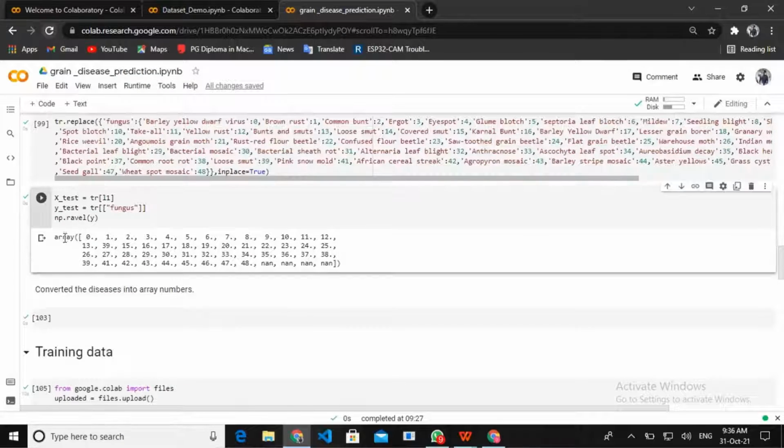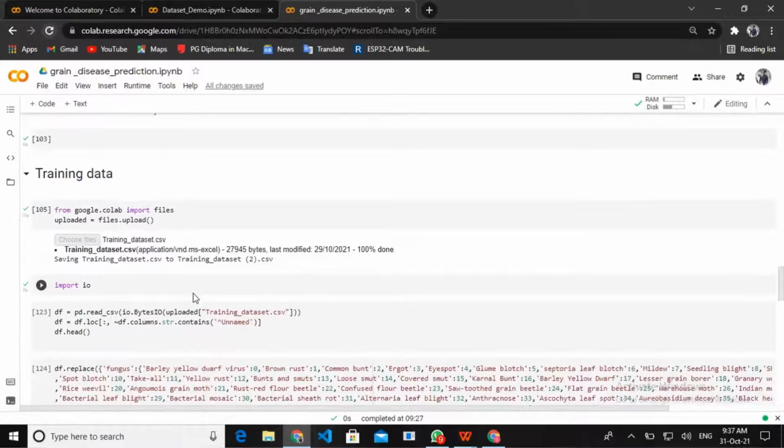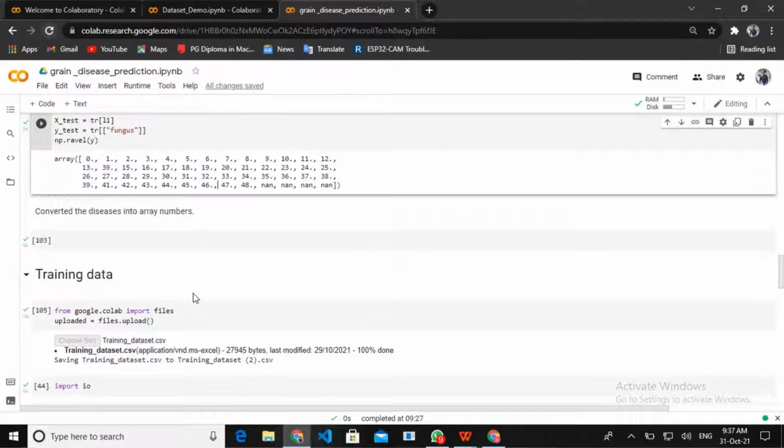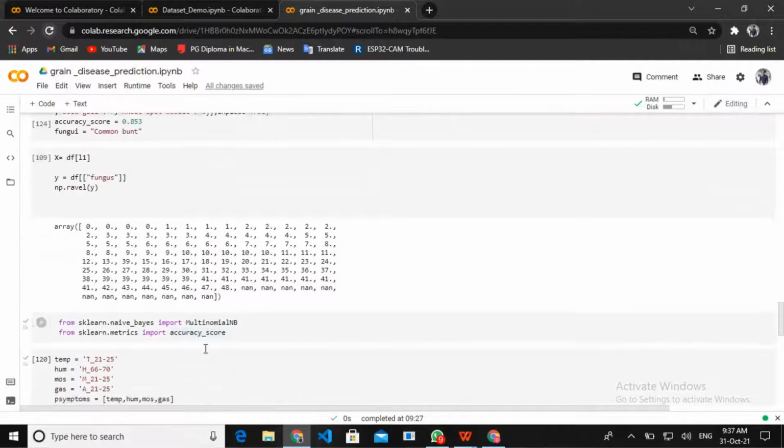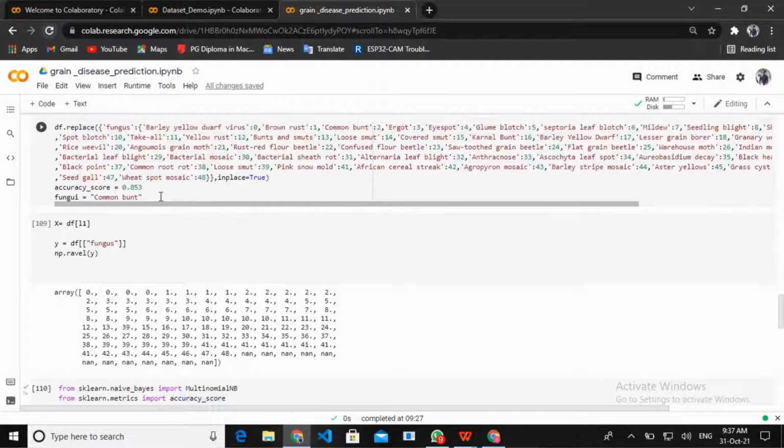As you can see, this is the array which contains the values which we have assigned to the fungi. Now for training purposes, we have uploaded the training dataset.csv file, which contains our training data. Again we did the same thing, assigning unique values to each fungus and converting it into an array.